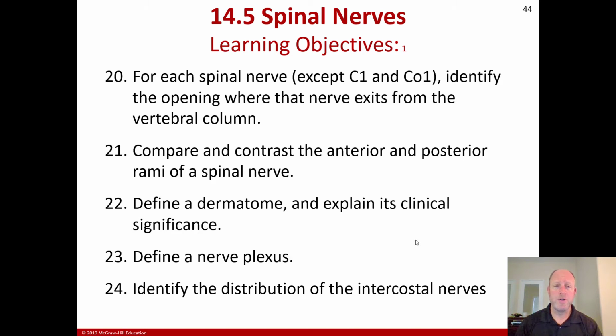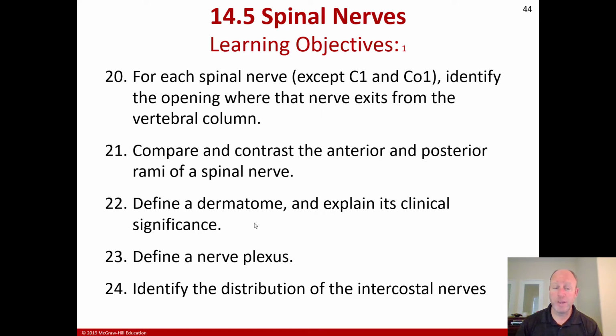All right, we're now talking about section 5, the spinal nerves for the spinal cord for chapter 14 for A&P, and we're now going over objectives beginning with: you should be able to, at this point, after going through this section, for each spinal nerve except C1 and CL1, beginning and the end, essentially, identify the opening where that nerve exits from the vertebral column, compare and contrast the anterior and posterior rami of a spinal nerve, define a dermatome